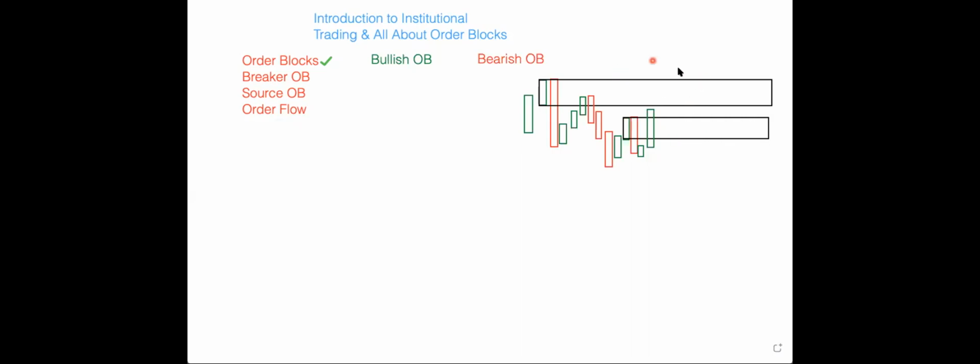But this order block will still be valid. So we can expect the price to go up, retest this area, and then once retested,